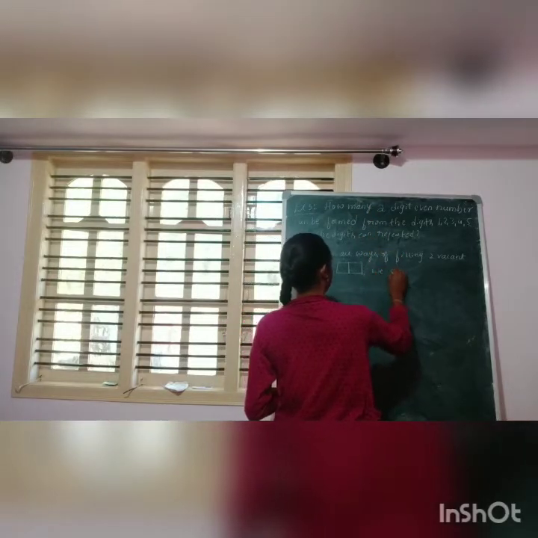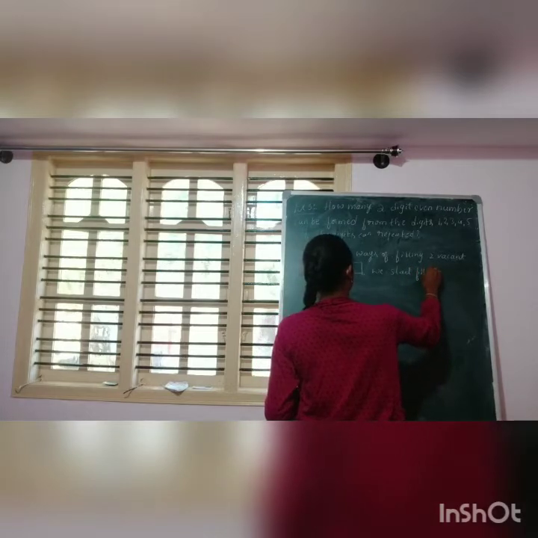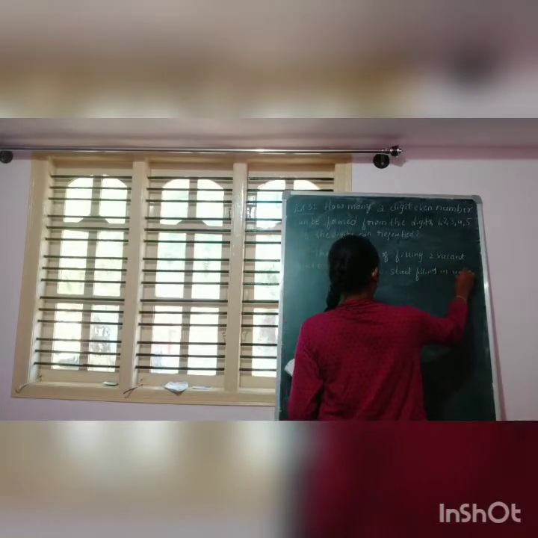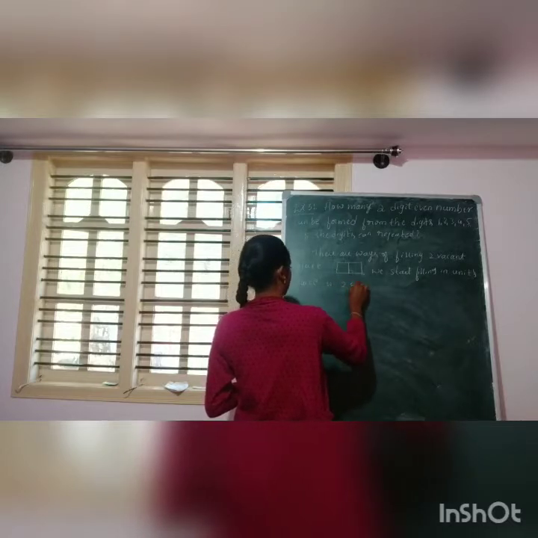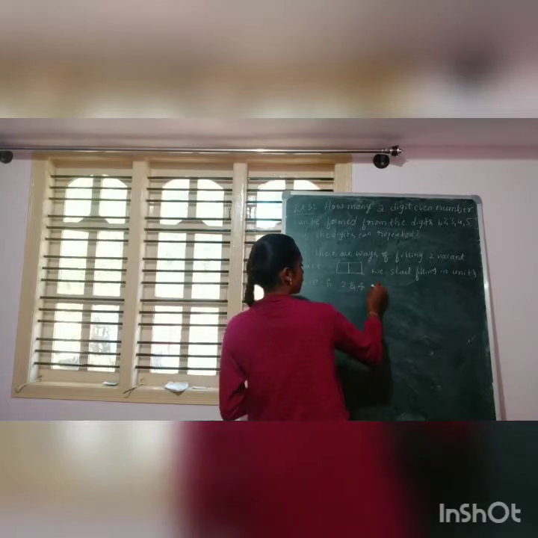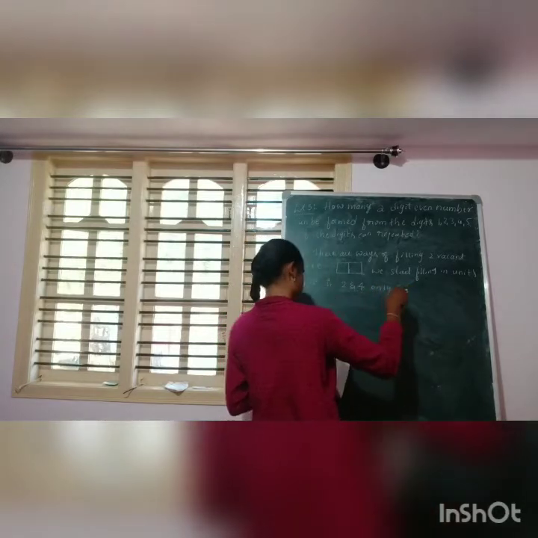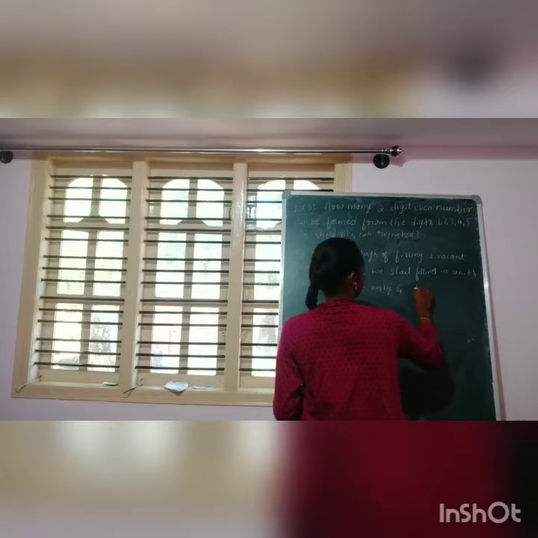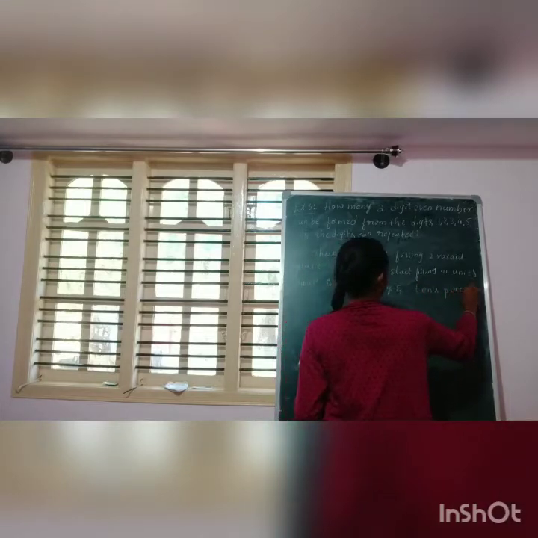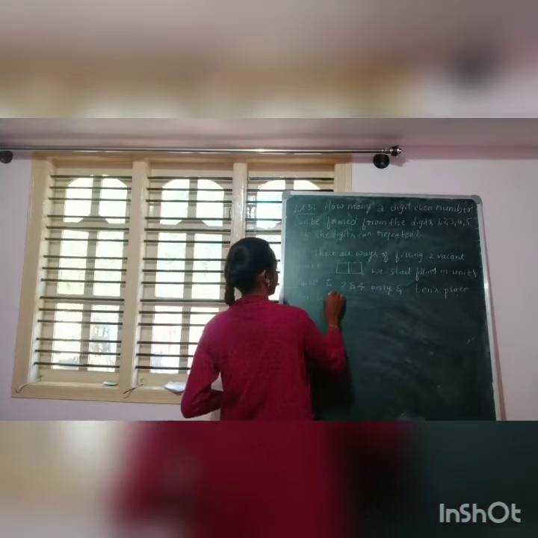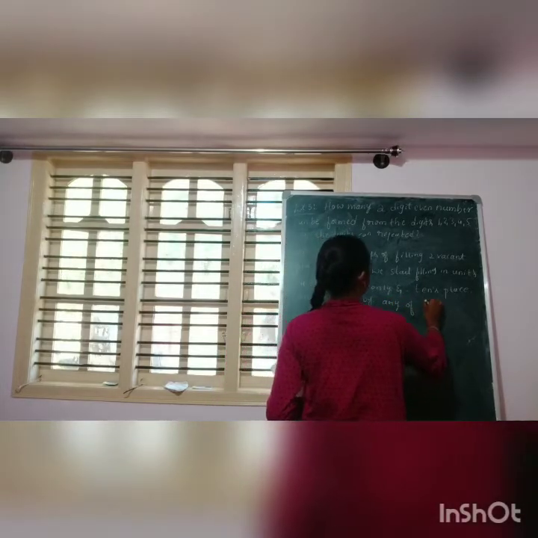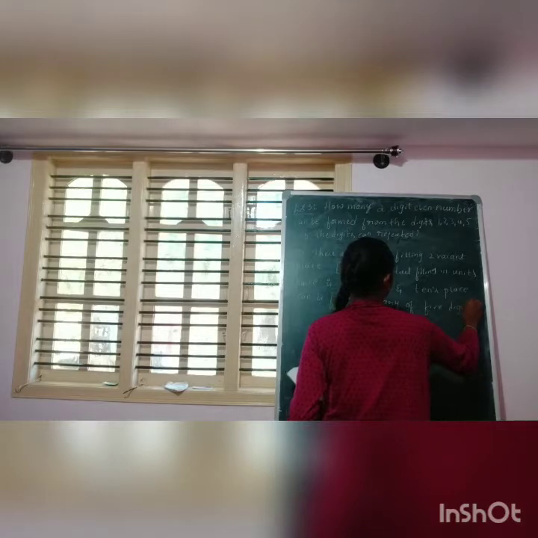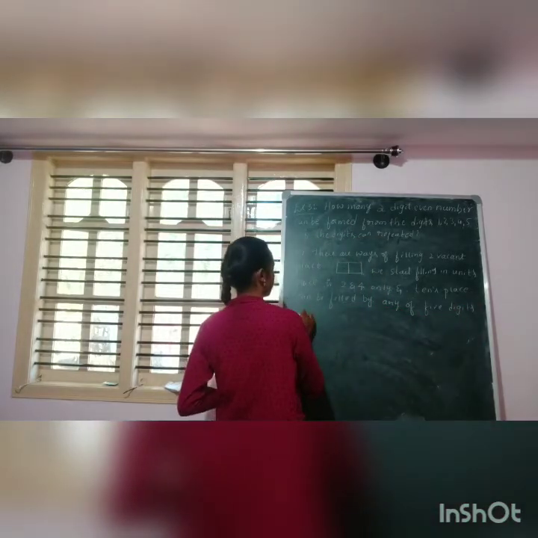We start by filling the units place. It can be filled by 2 and 4 only, and the tens place can be filled by any of the 5 digits. Therefore, by the multiplication principle,